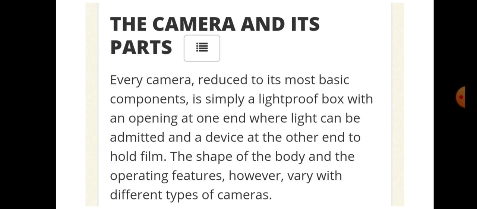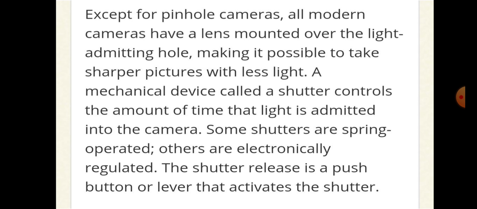And a device on the other end holds film. The shape of the body and the operating features however vary with different types of camera. But when we talk about the different types of camera, जब अलग अलग types के जो कैमरा होते हैं उसके जो फीचर्स होते हैं और जो बॉडी शेप होता है, वी कुड फाइंड द वैरी इन दैट कैमराज। तो उसमें हम अलग अलग फीचर्स देख सकते हैं।